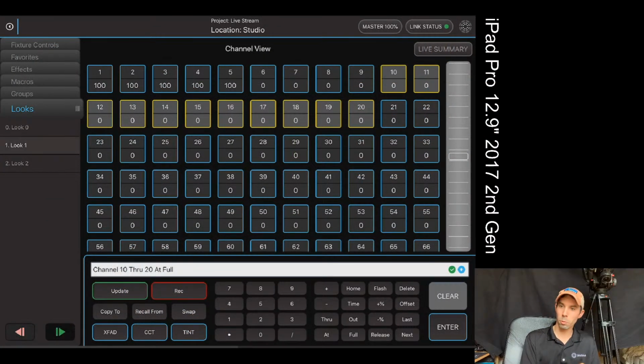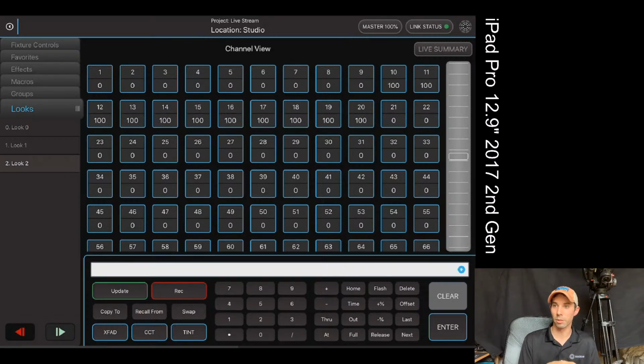So if I go from look 1 to look 2, you can see those values are not tracking through. What I mean by that is 1, 2, 3, 4, 5 in a tracking desk would continue to be there in look 2 because I didn't tell them to go away. But this is just recording the entire state of the board. So that's first and foremost. How this plays into effects,